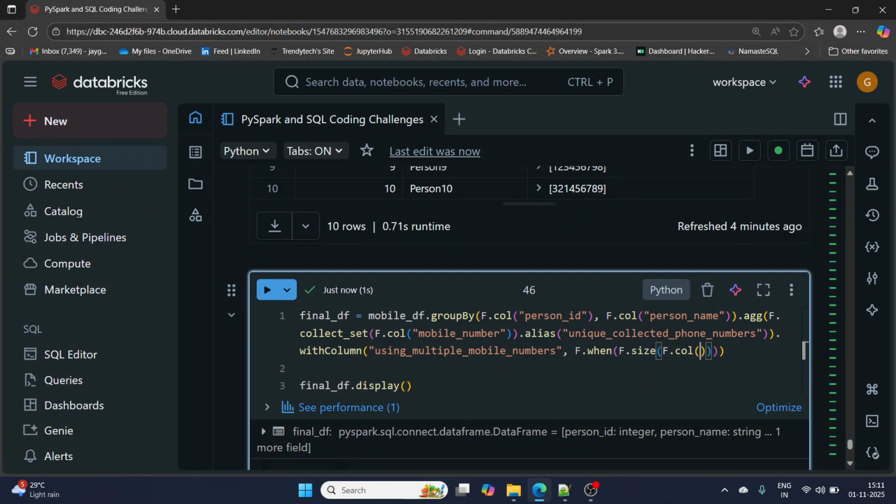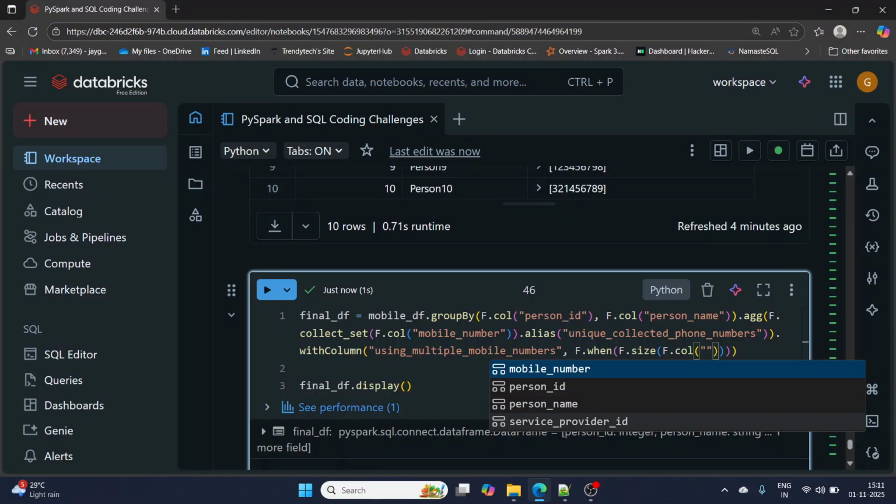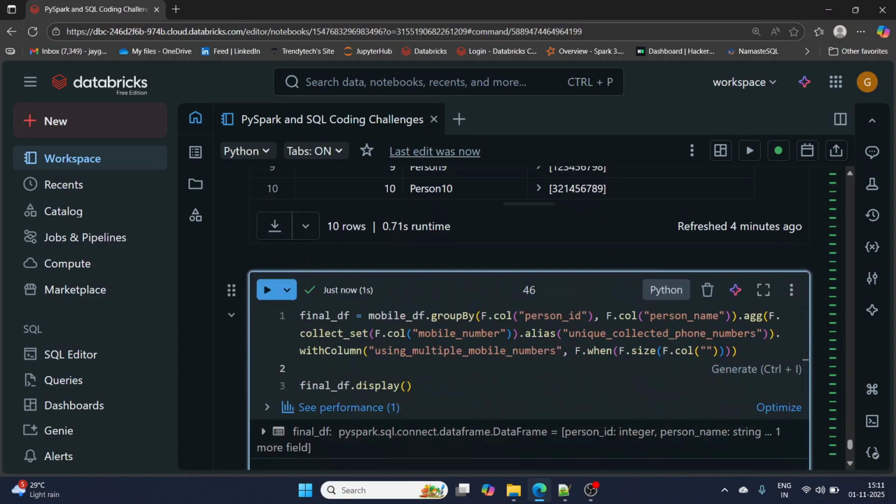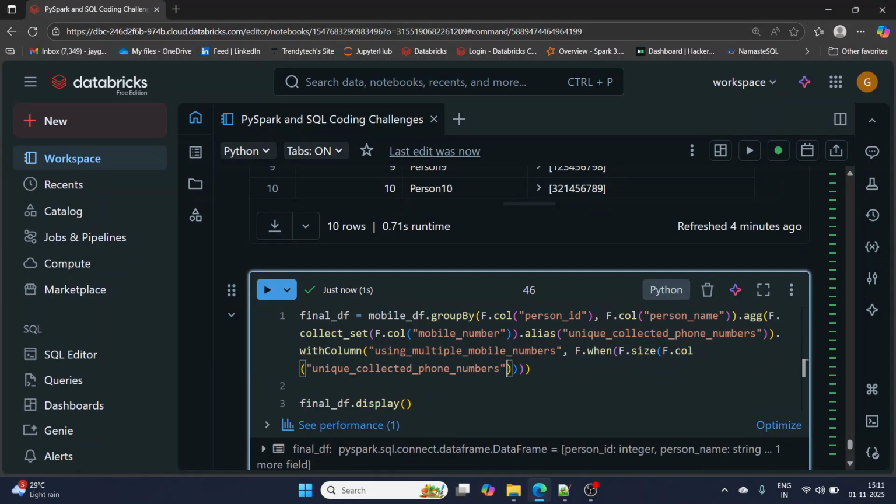Okay, f dot col, size of which column? Size of unique collected phone numbers column, right? Size of unique collected phone numbers if it is greater than, right? I don't know if I'm getting syntax errors. I generally do in when otherwise, right. Okay, f dot lit 1.